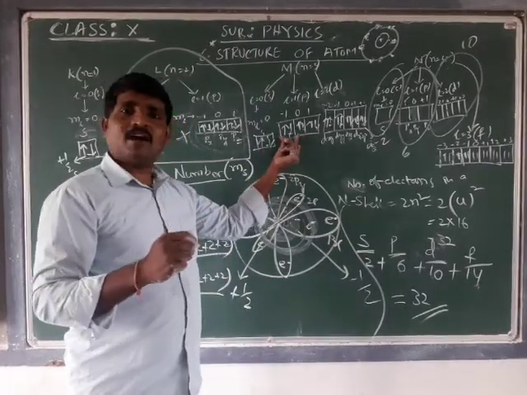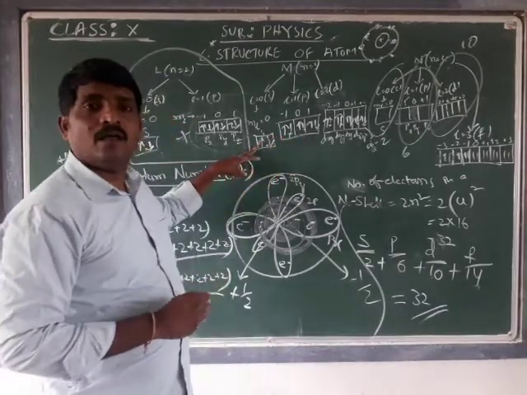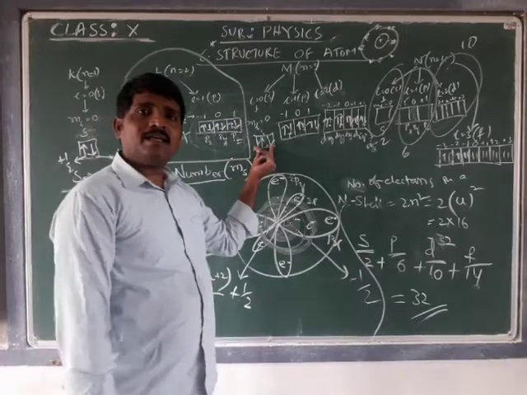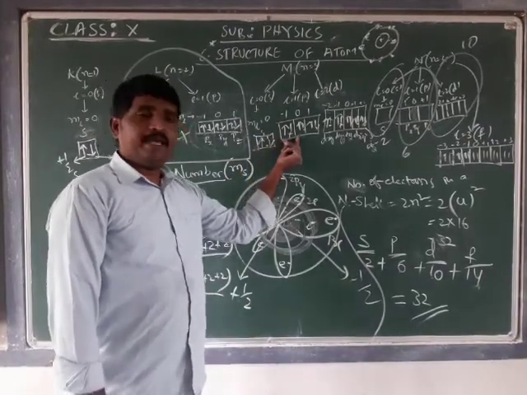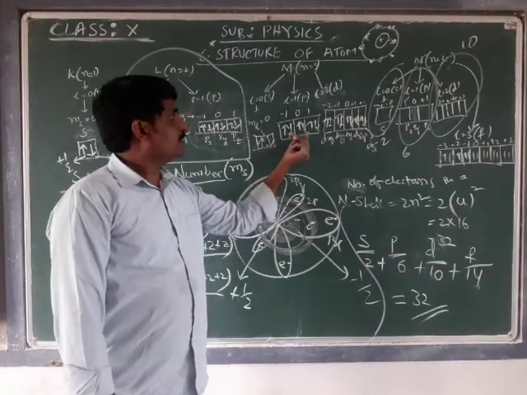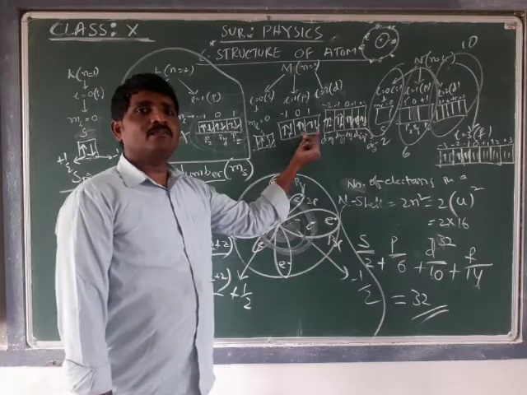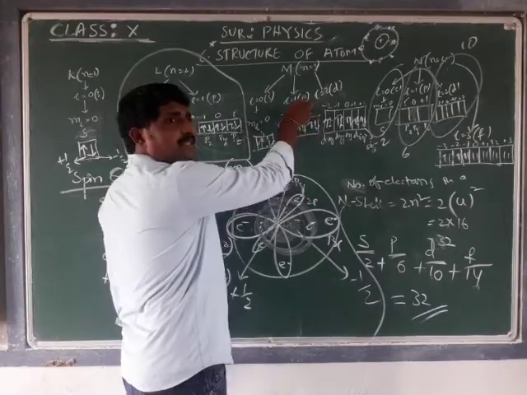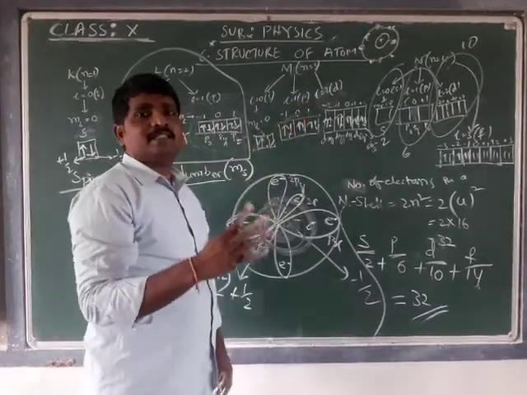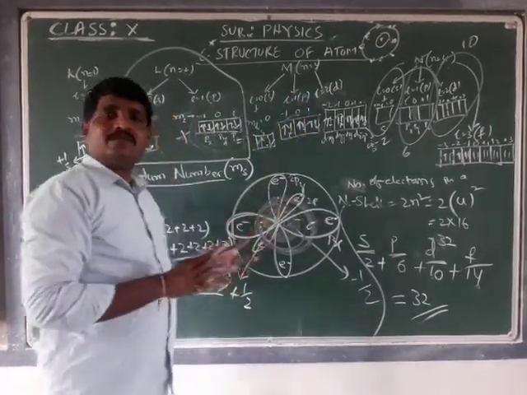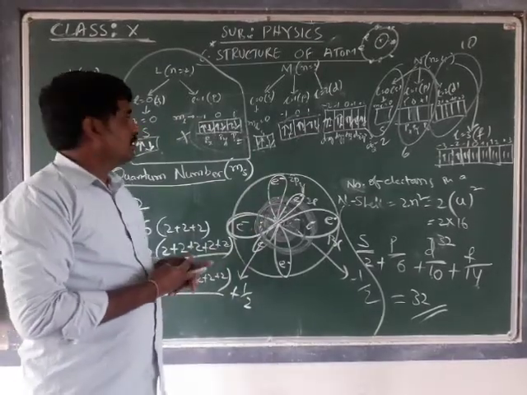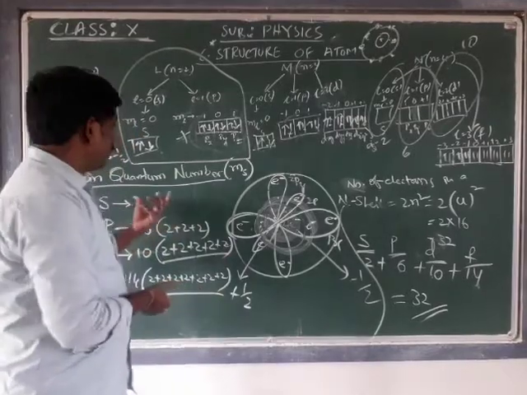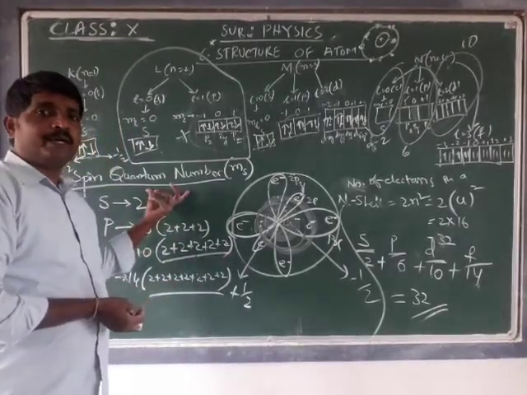Orientation we can also call an orbital. Orientation can be considered as orbital. The S orbital contains 2 electrons. The Px orbital contains 2 electrons. The Py orbital contains 2 electrons. The Pz orbital contains 2 electrons. All these together, the P subshell, can handle a maximum of 6 electrons. This is some extra information about the electrons being filled and about the spin quantum number.